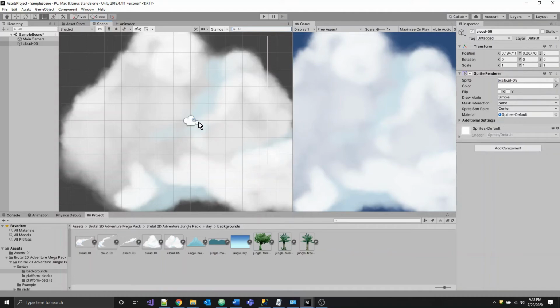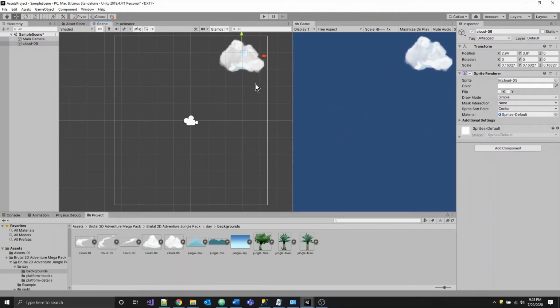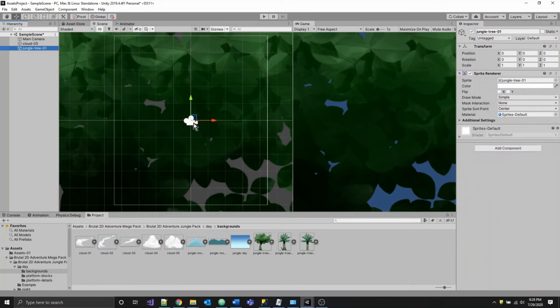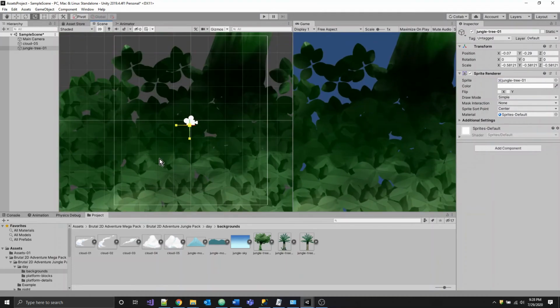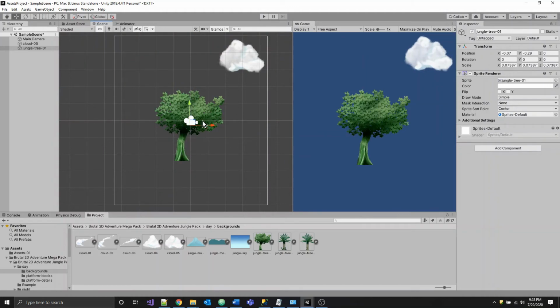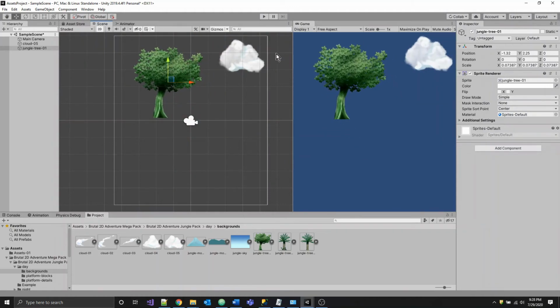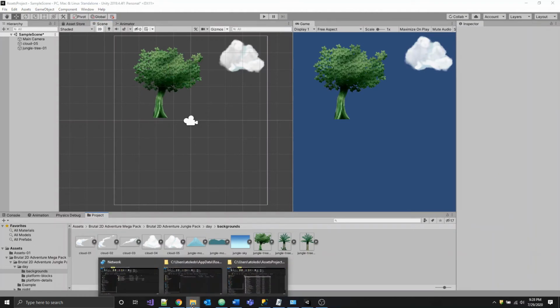Then, as you can see, this is quite a big cloud. So let's go ahead and resize it down a little bit, scale it down. And this is the same thing with this tree. So you can play around with the assets, and then if you like them, all you have to do is